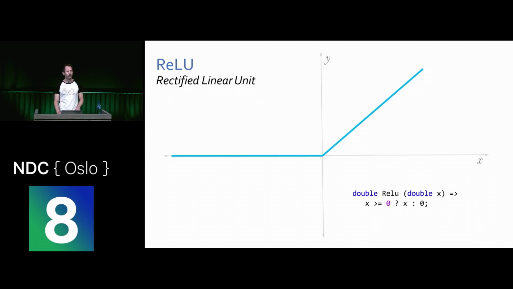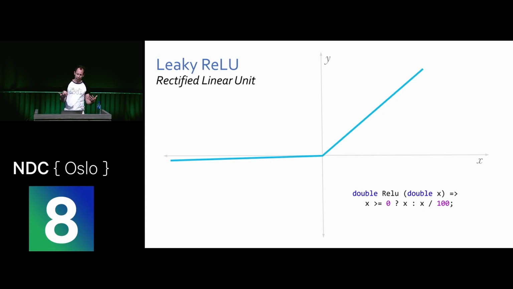A variation on that, which works in most cases slightly better, is a leaky ReLU, where if x is negative, we divide it by 100. Right? Gives us a little bit of a slope on that side. Right? So if we now plug in a leaky ReLU or a logistic sigmoid into our neuron, we can now train it. The only thing we have to be careful of now is that at the end of the day, we still need to interpret the answer as a 1 or a 0 because we're trying to write a NAND gate.